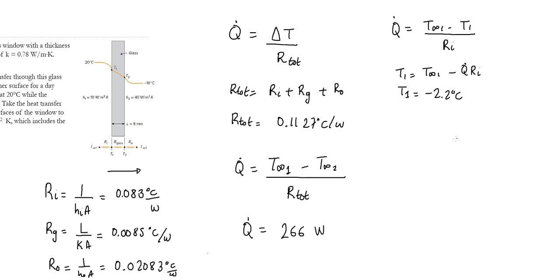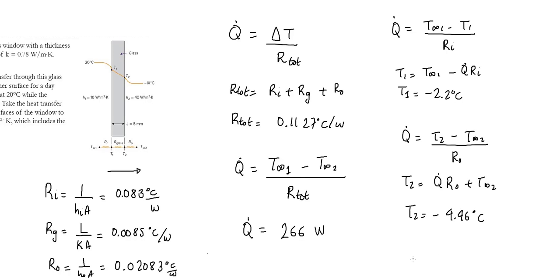So now let's do the same process to solve for T2. For T2, you could do either T infinity 1 to T2 and add Ri and the resistance of the glass, or you could go from T2 to T infinity 2 and use Ro. So we're going to use the second choice. We're going to go from T2 to T infinity 2, and we're going to divide by Ro, which is the resistance in between those two nodes. Once again, we solve for T2. We find Q dot Ro plus T infinity 2,